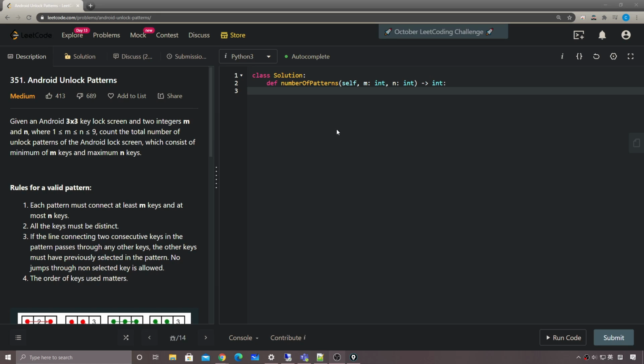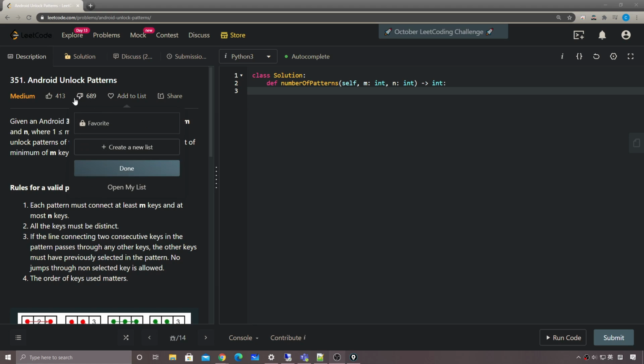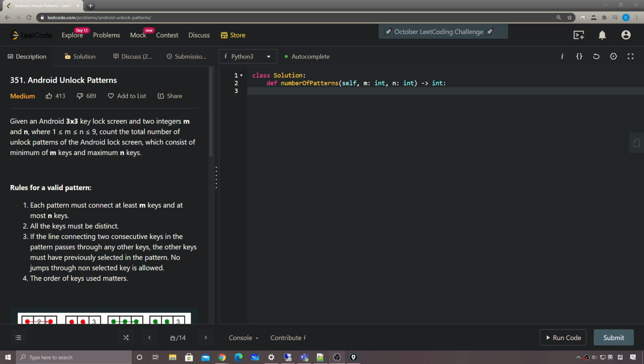So today, let's take a look at this problem number 351, Android unlock patterns. Now, this one got a lot of downvotes because the description in this problem is not clear enough. So I'm not going to vote on this for now. I think most of you guys know